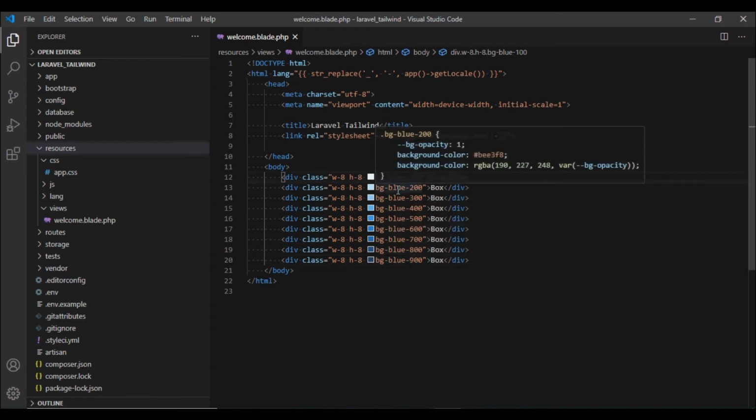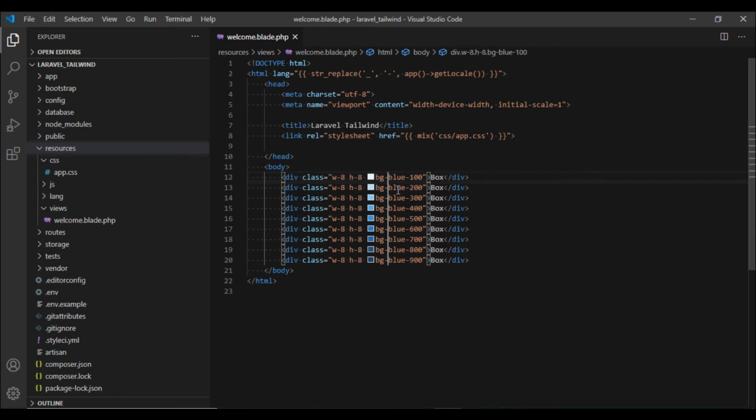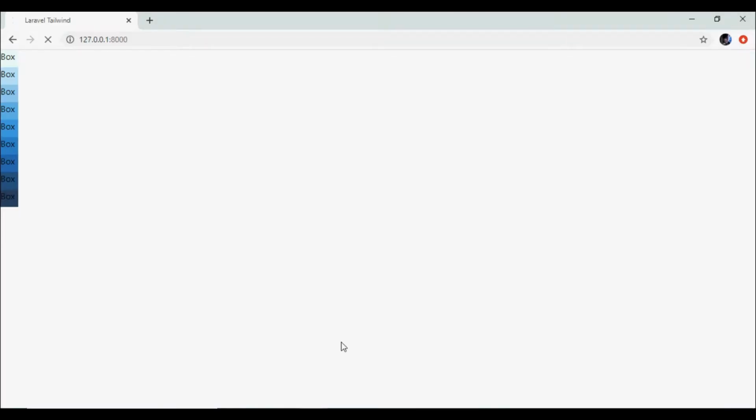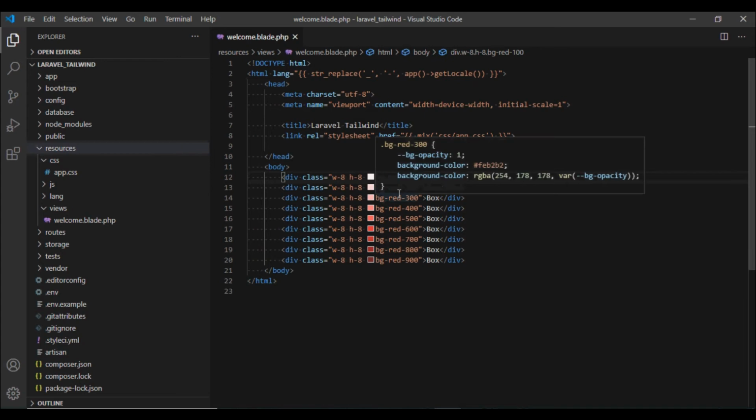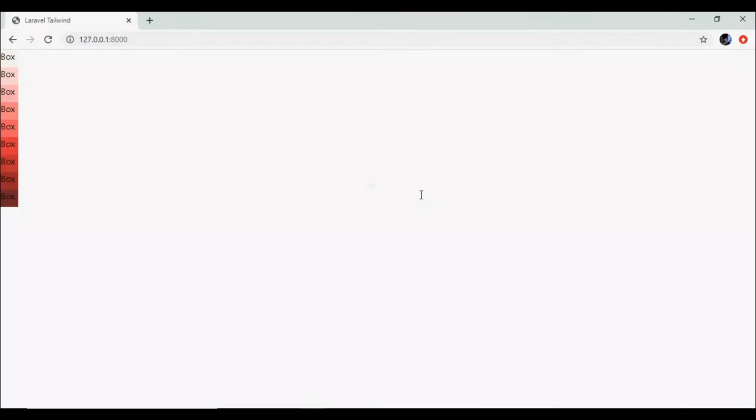If you want, we can also change this blue to, let's say, red. And if we now reload, we see that we have got divs with red background. We can also go for, let's say, gray, and there we go.